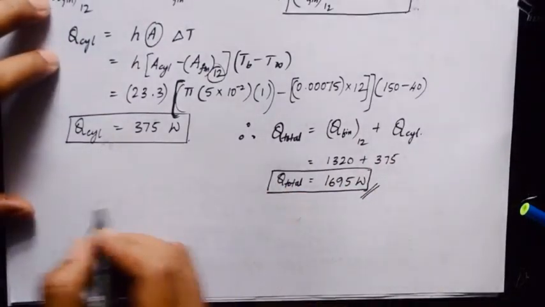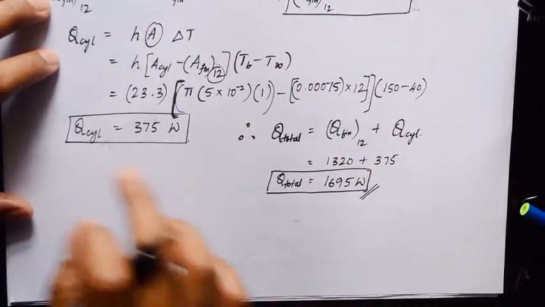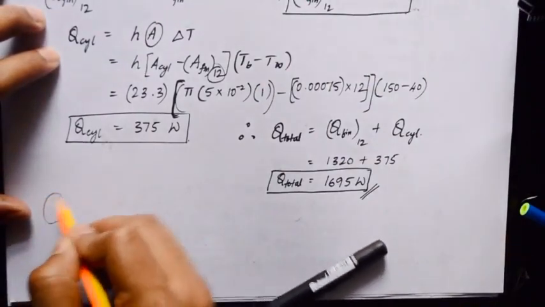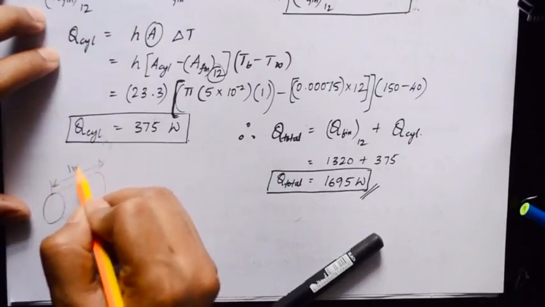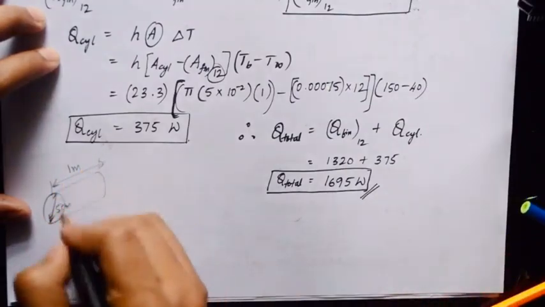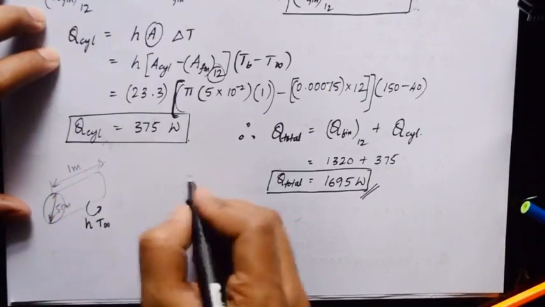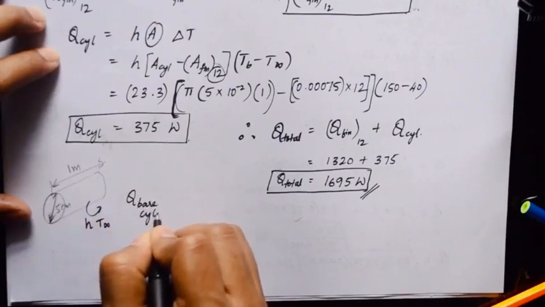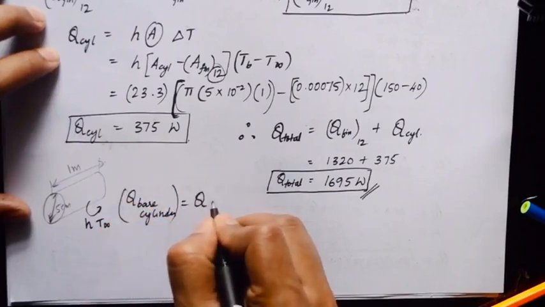Now with this data, let us also calculate the amount of heat transfer that is increased because of the presence of fin. Now all of you can see the heat that is transferred if there is no fin. If there is no fin means the cylinder would be a bare cylinder, right, which is having a length of 1 meter and having a diameter of 5 centimeter. So if you calculate the area of this one, and if this surface is exposed to the surrounding with h and T infinite, we are going to get the value of Q bare cylinder, which you can also call Q without fin.